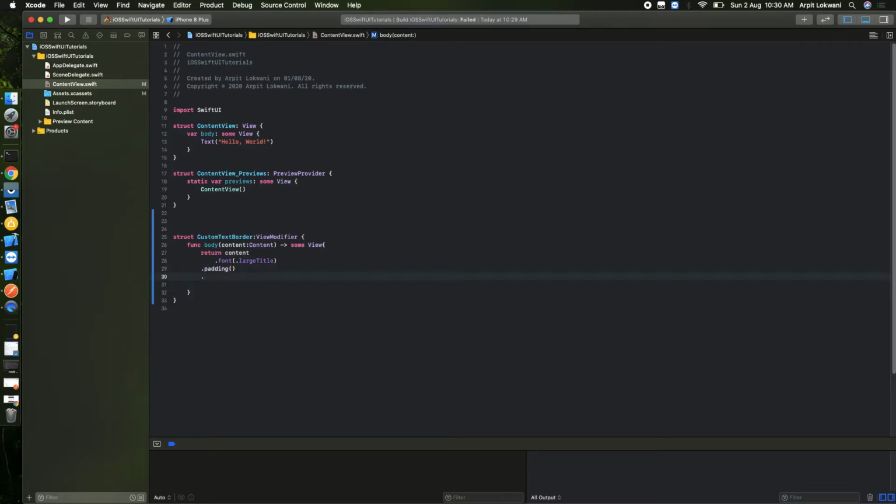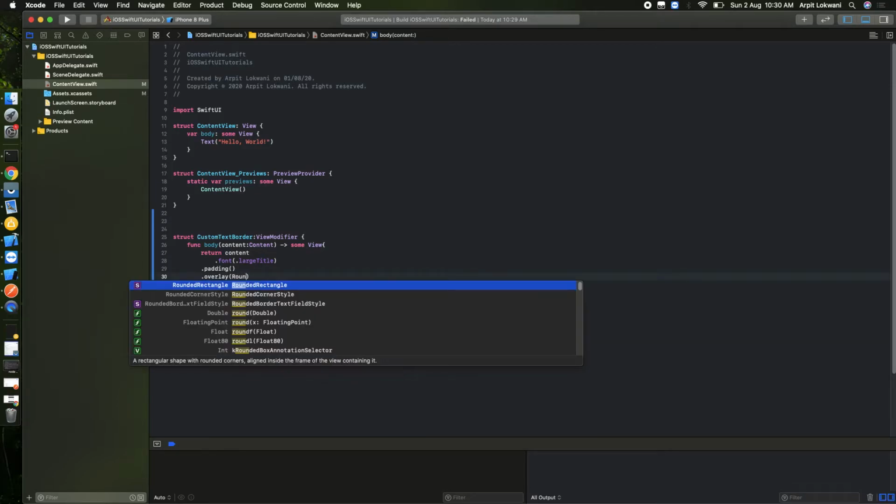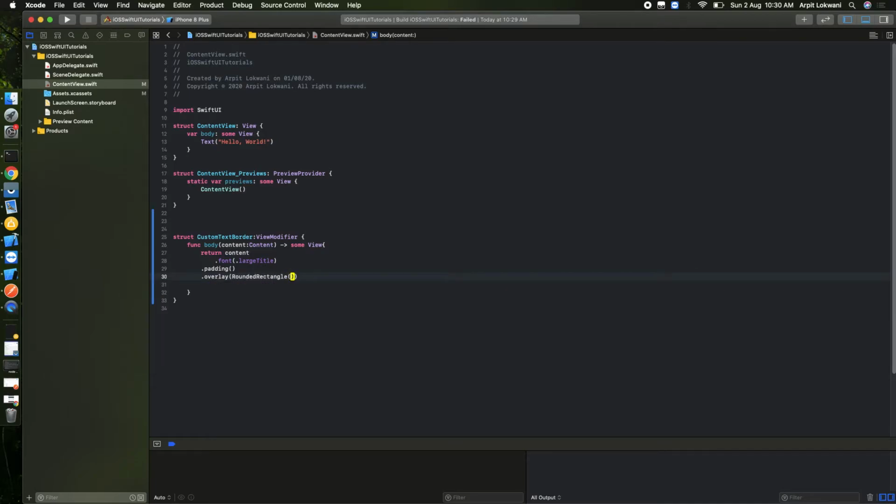Okay, and similarly we can add an overlay. We can say it should be a rounded rectangle, fine. And we can pass some attribute like corner radius, say 15, it's fine for us. And after that we can pass a stroke also. That is your call, you can do whatever you want to do. You can pass a stroke also, or not if not required. So yeah, the overlay we passed, and it looks fine. So rectangle we added, and corner radius we added, and I think the stroke we can also add so it looks good, otherwise we won't be able to identify the stroke.